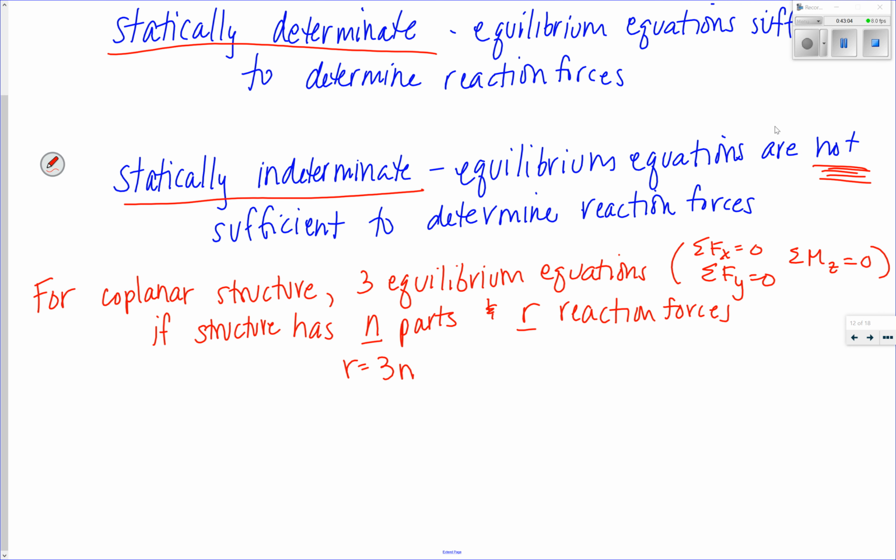That means my reactions is equal to the number of equilibrium equations times the number of parts, because I can have static equilibrium